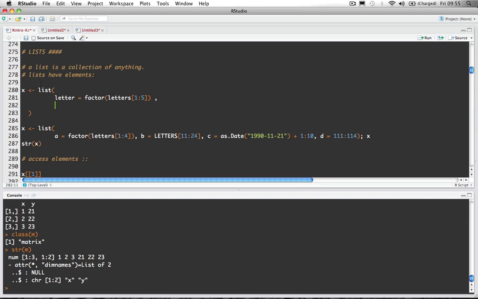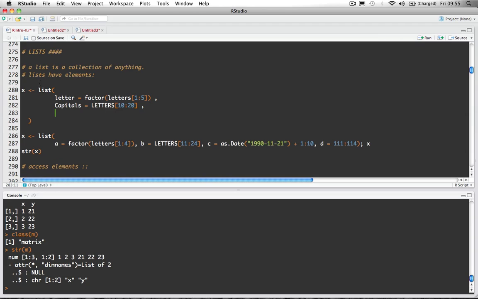My second element, that I will call capitals, is going to be letters, so a vector from the 10th to the 20th. Okay, and let me do it like that because I don't like it otherwise. And now dates